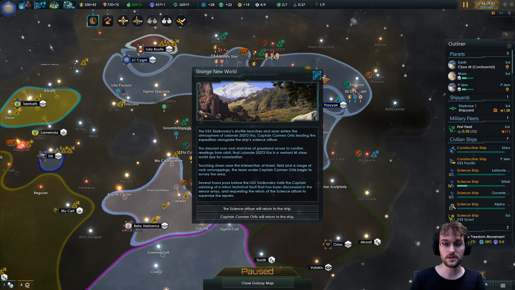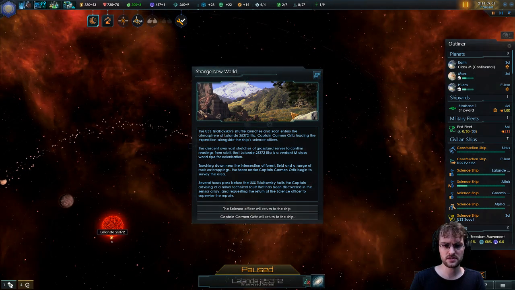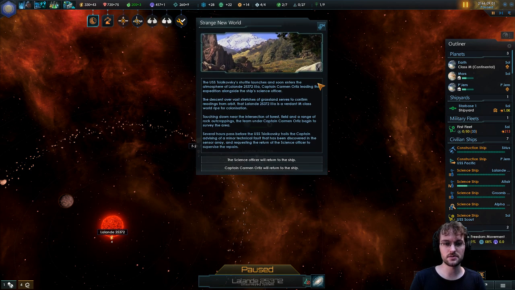Strange New World. The USS Tsiolkovsky's shuttle launches and soon enters the atmosphere of Lalanda 23723A. Captain Carmen Ortiz, leading the expedition along with the science officer. Descending over vast stretches of grassland serves to confirm readings from orbit. The planet is a verdant grassy world ripe for colonization. Touching down near the intersection of forest, field and a range of rock outcroppings, the team under Captain Ortiz begins